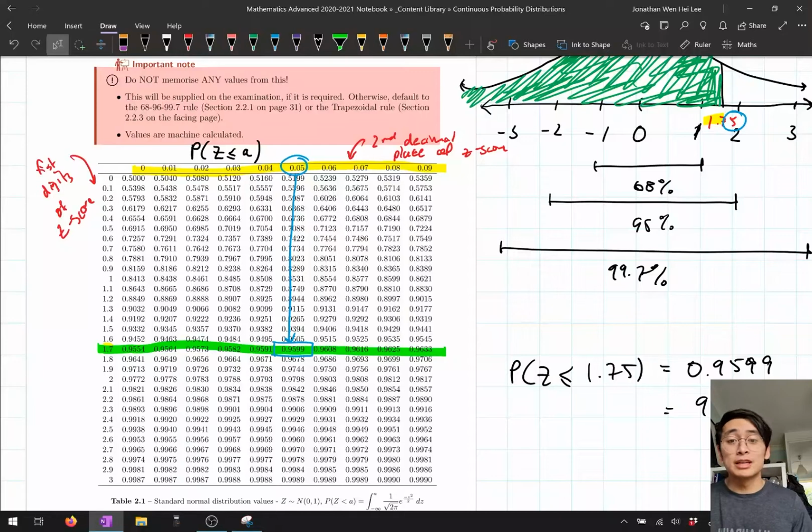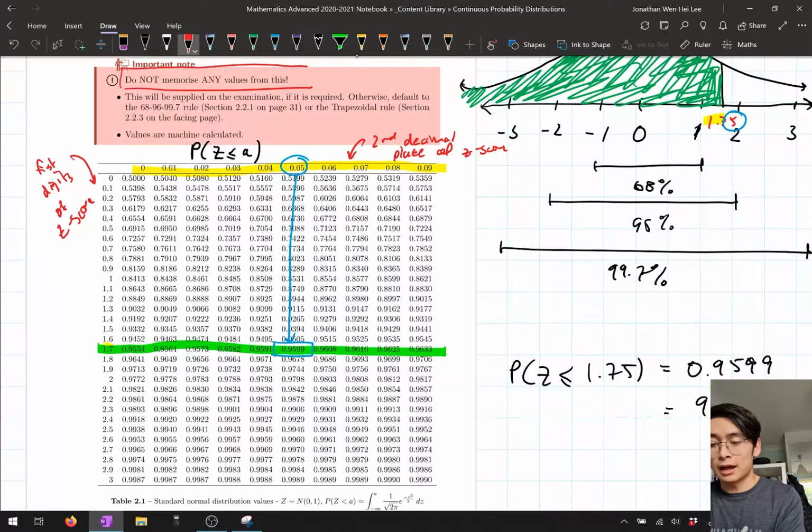One, you don't need to memorize any values from this table. So here, note, do not memorize any values from this table. If a question required you to answer using a table, they would give you the table and you just need to read off it. That's all you need to be able to do. The second thing that you need to note is that